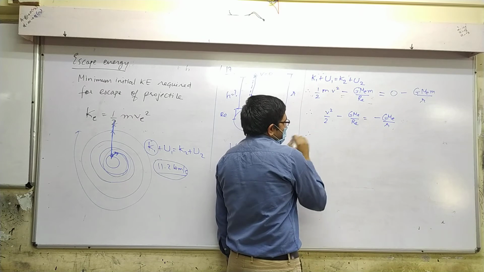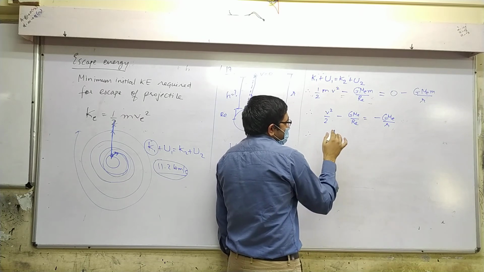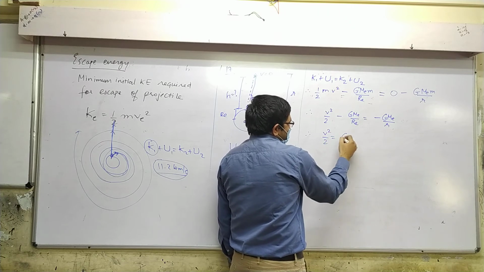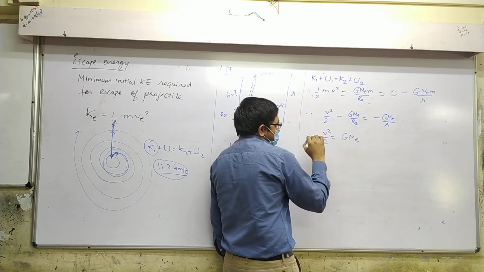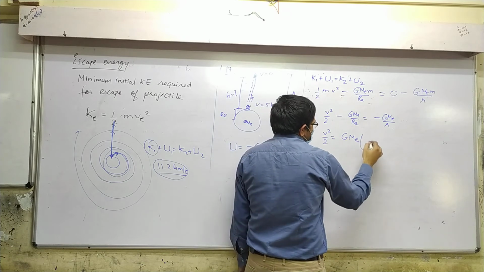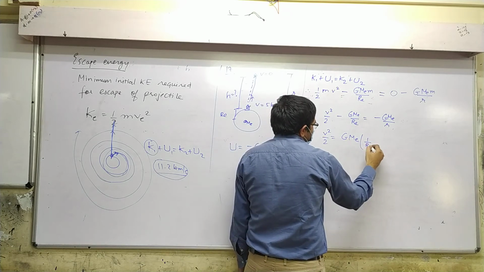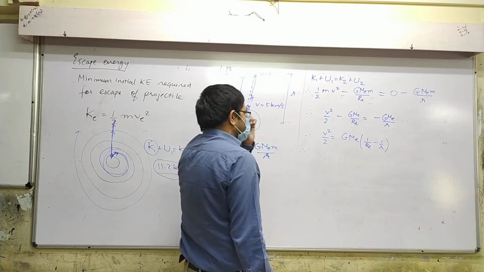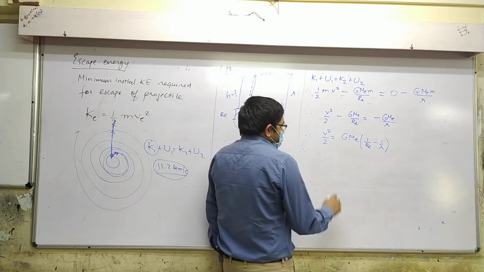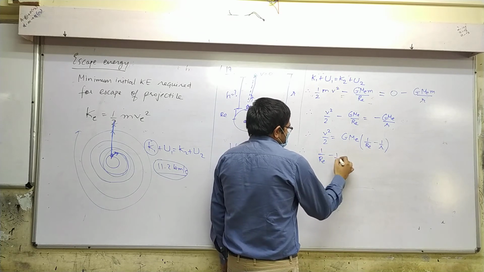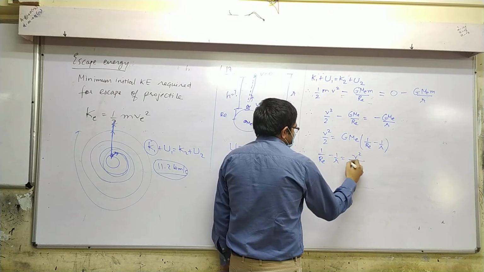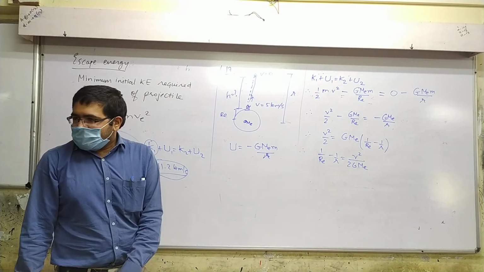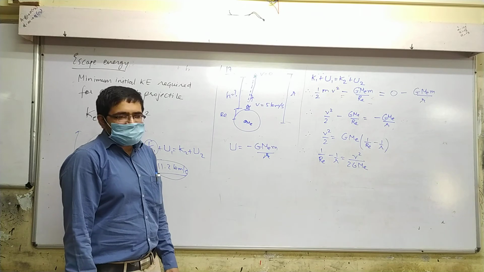Now we will find out the value of R. We have to calculate it, pay attention. Okay, so V square by 2 equals, on the right side we have G Me common. Yes or no? Yes. All right. So this is what we have. Got that?